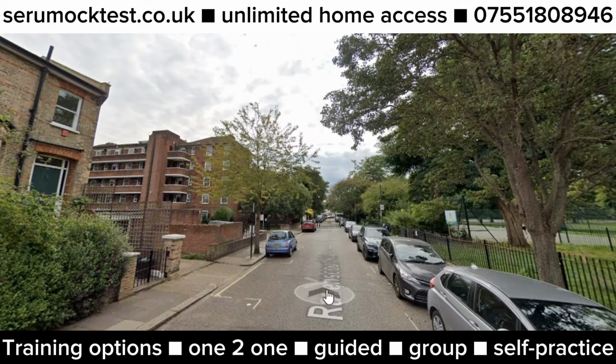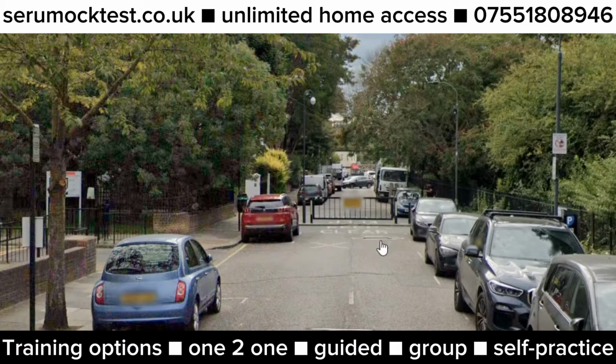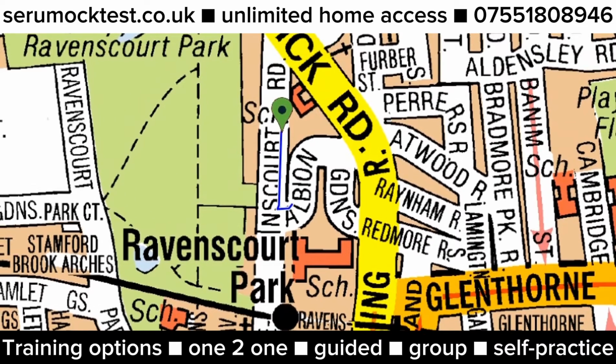If I can show you here, we are on Ravenscourt, and here you can see the barrier. That means you cannot drive through this road at all. So this is a major mistake that must be avoided. So we undo up to here, and then all we need to do now is a very simplified way. You can go up and come down as well, but I would just come down and go and join